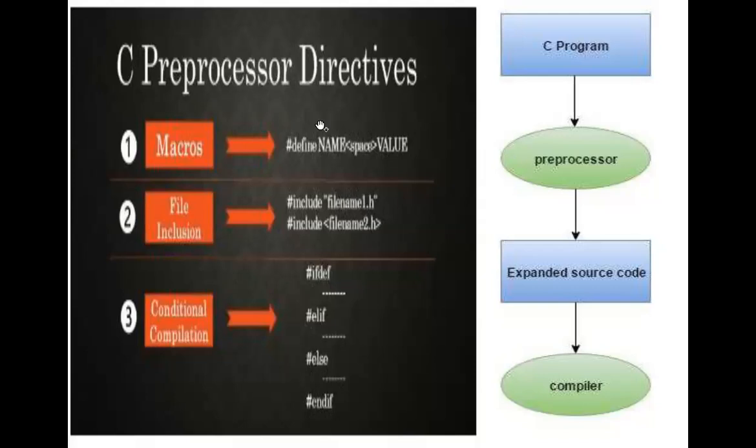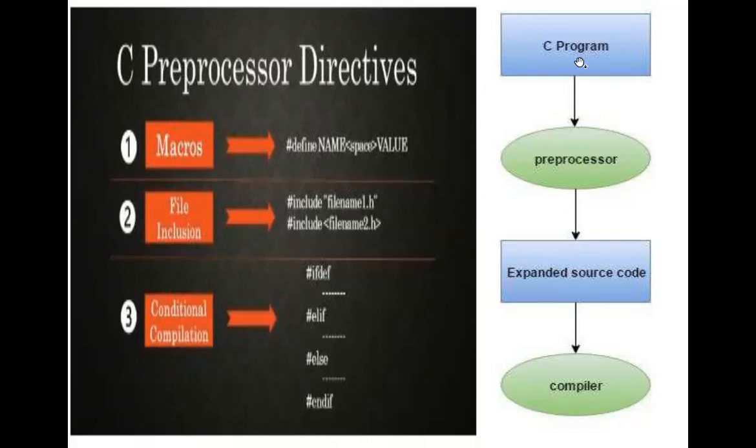Where will the C preprocessor be present? Immediately after writing the program, whatever program you have written will be given to a preprocessor. This preprocessor will expand your source code. What it will expand and how, I will tell you. It increases your source code, and only then gives that code to a compiler. So preprocessing is performed before the compilation process, you cannot see it, and it is performed automatically by the computer.